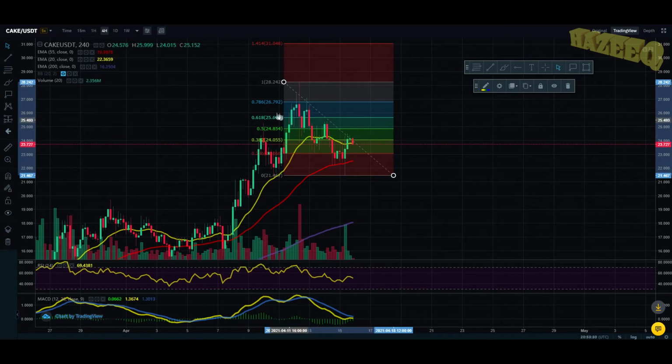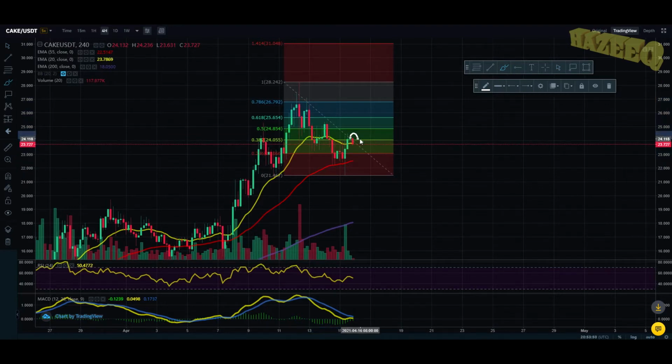And once we break through the 0.5, the last pretty strong resistance, I guess, would be at 0.618, but 0.5 is usually the strongest. Sometimes they're equal, but 0.5 usually is the strongest resistance level. And once we get through this 0.5 level, guys, so if we do something like this, we come up, we trade in here for a while,